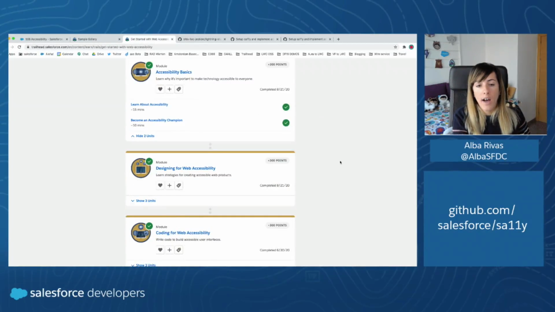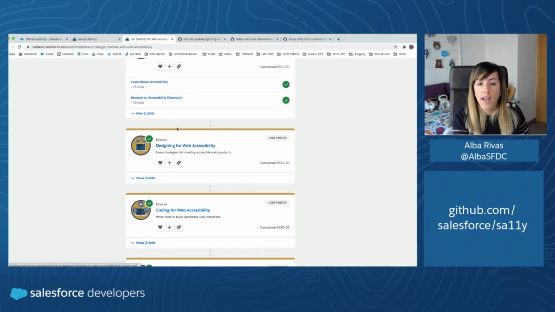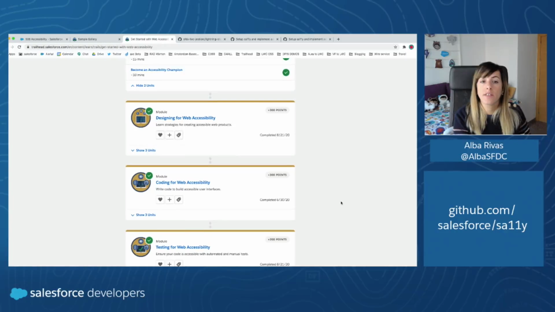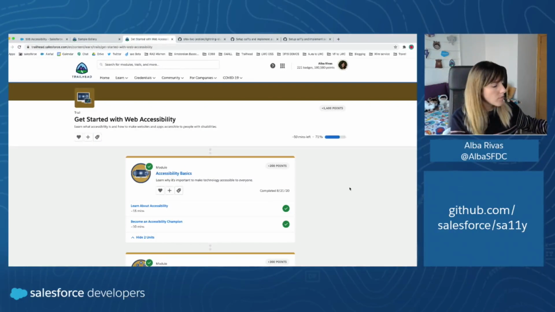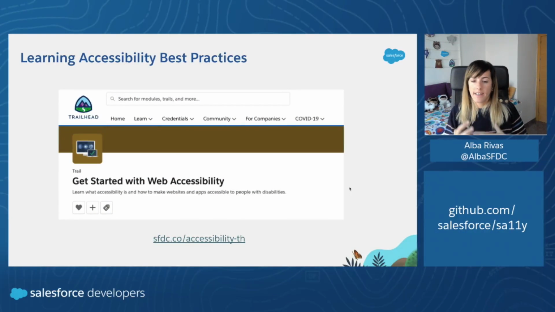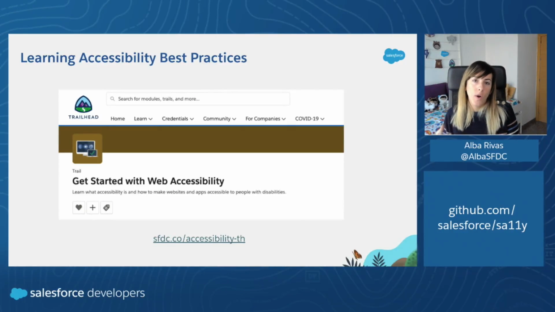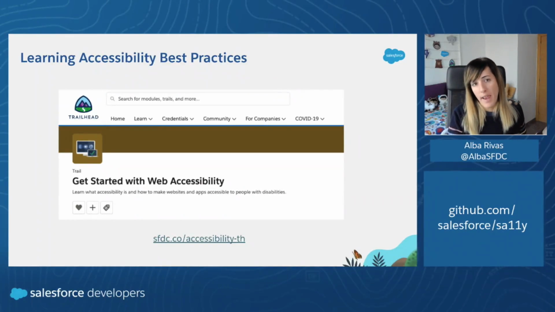For example, we have a module for designers, another module for developers, another module for testers, etc. So if you want to get started with accessibility, I recommend you to go to this URL here and learn about those best practices first, because you need to understand those basic concepts